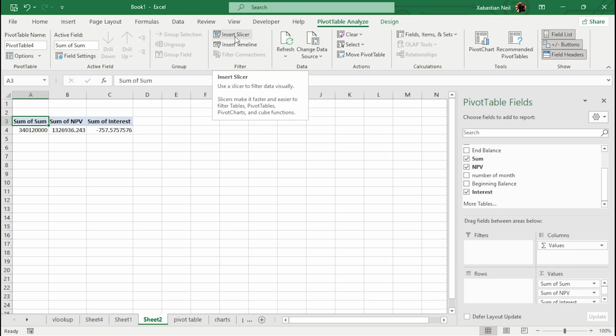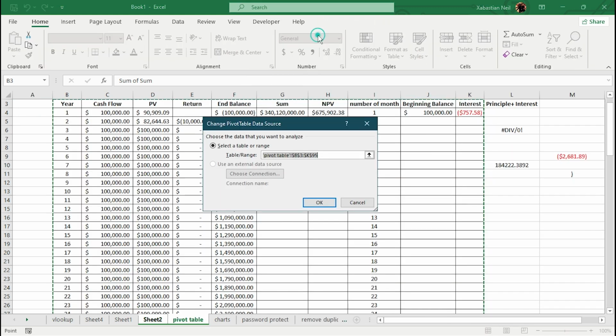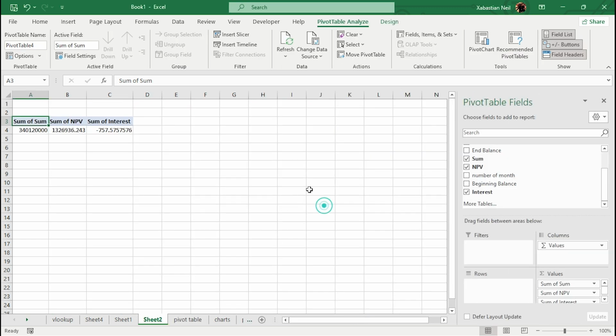If you want to insert slicers, you can also do that. You want to refresh, change data source, you can also do it from here. Let's click on it, and you can change the data from here. Okay, so that is it for pivot table, and it is quite easy, but this is really important because